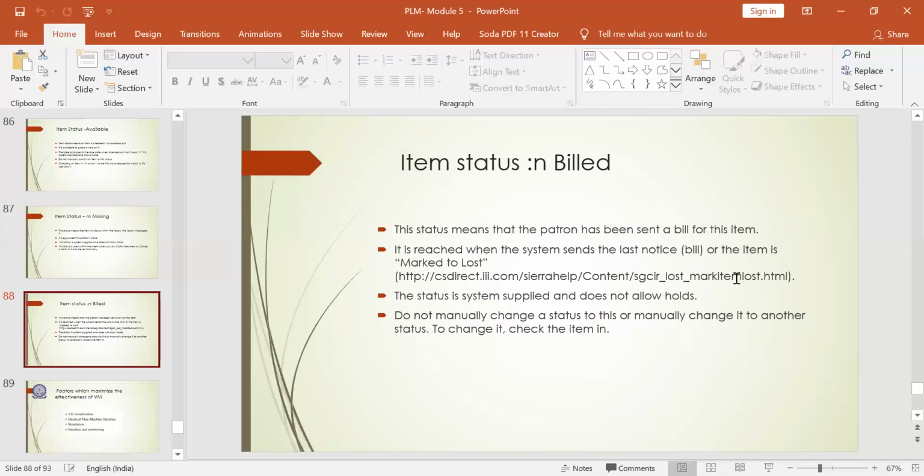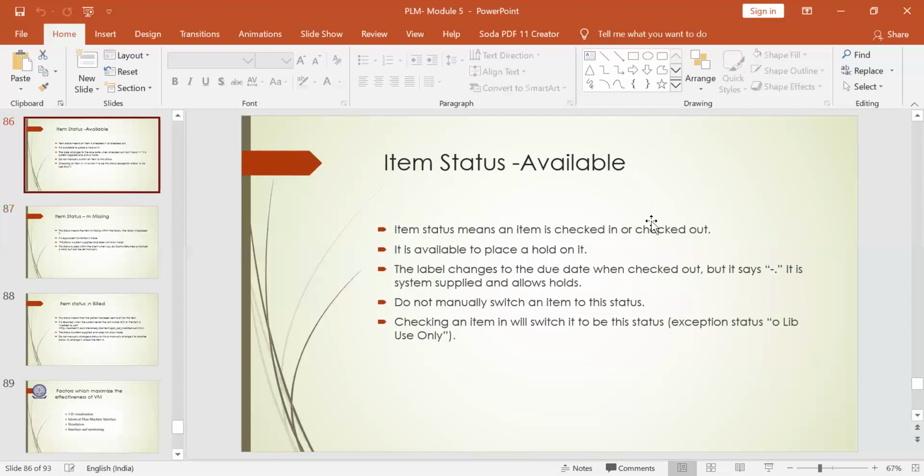And then comes the item status N, build. So what do you mean by N build? This status means that the patron has been sent a bill for this item. In available, the item will be checked in to do some process. Once the process is done, it will be checked out.